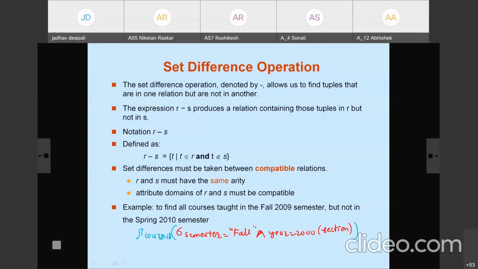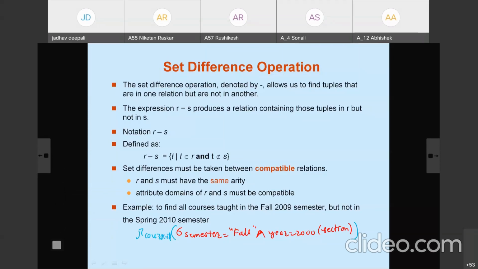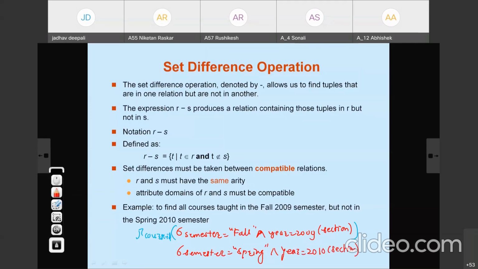Similarly, again I write the subquery, select semester is equal to spring and year is equal to 2010 from section. And from that we want to project only the course ID.